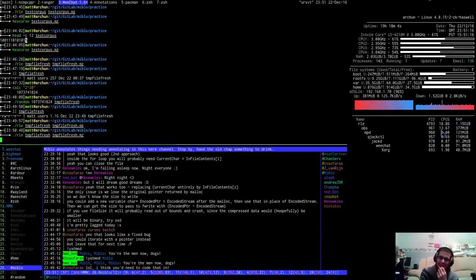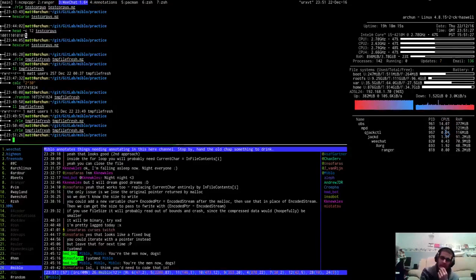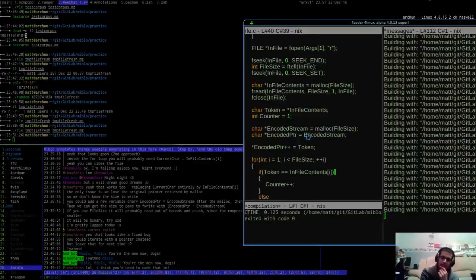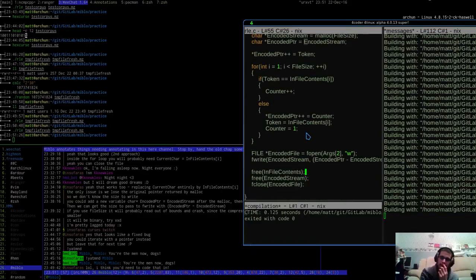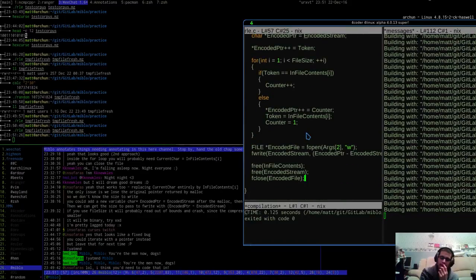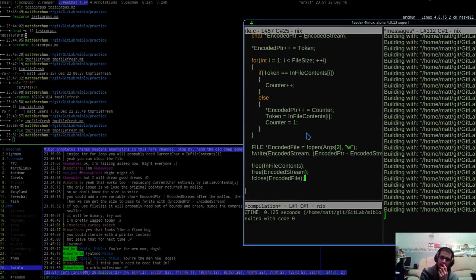Climbs up. It's using almost a core, or almost a thread rather. I wonder if the RLE is actually multi-threadable. Because what is it doing? I doubt it actually.